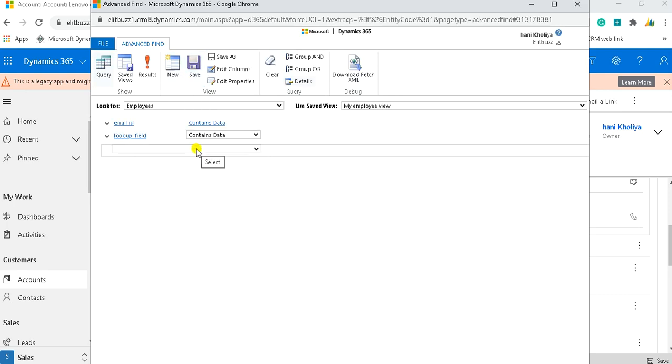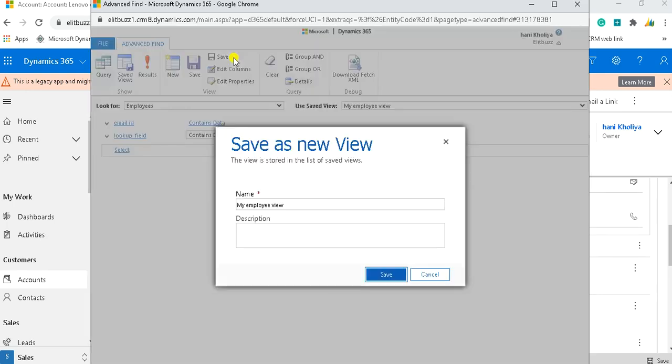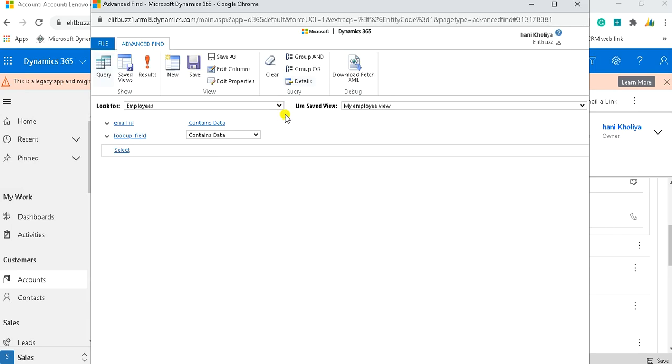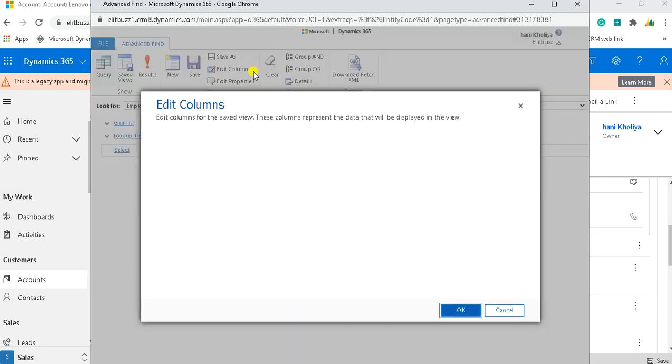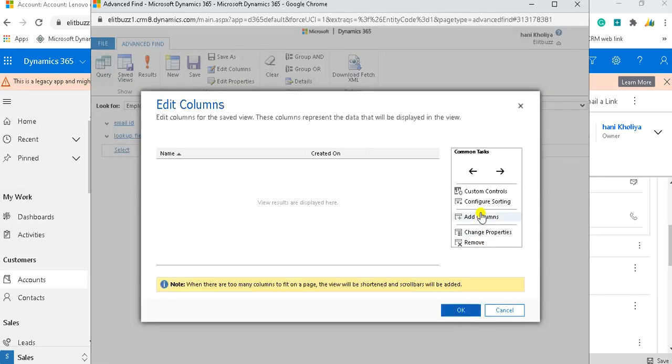Okay, and if I want to rename, or I want to use this view, I can click on Save As. I can give it another name. The existing one will still exist, but I can create a new view with a different name but with the same filters, and I have an option to edit columns here.